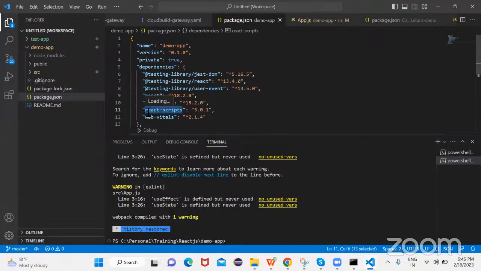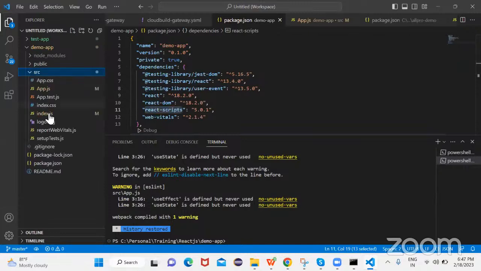Okay, so React scripts are used for compiling your React components and transpiling them into JavaScript, and then rendering it in the browser. This is the use of React scripts. Now, what is this compiling and transpiling? If you look at the code of React,